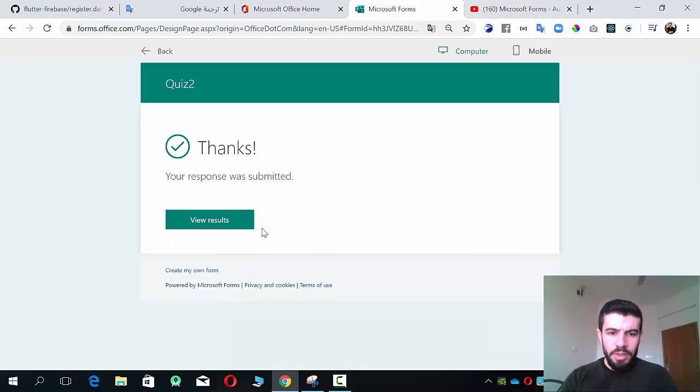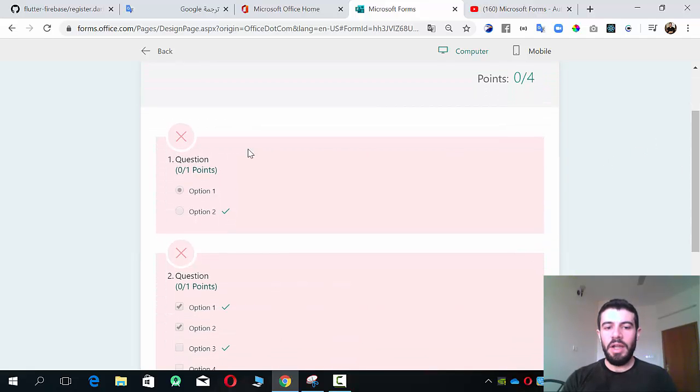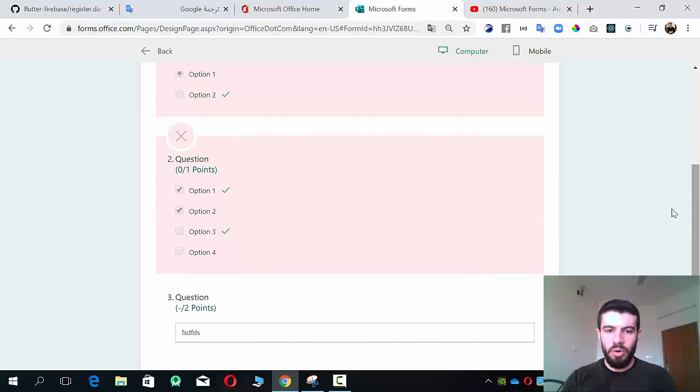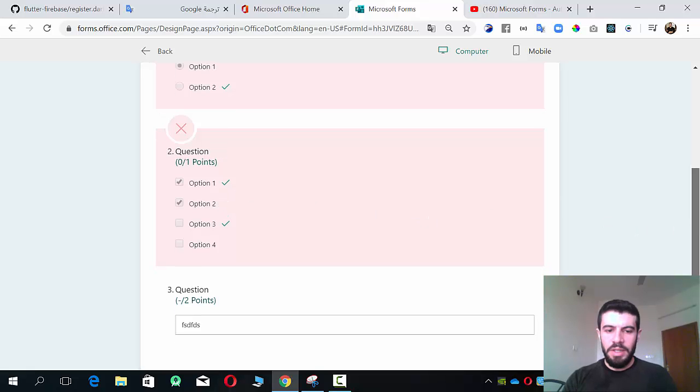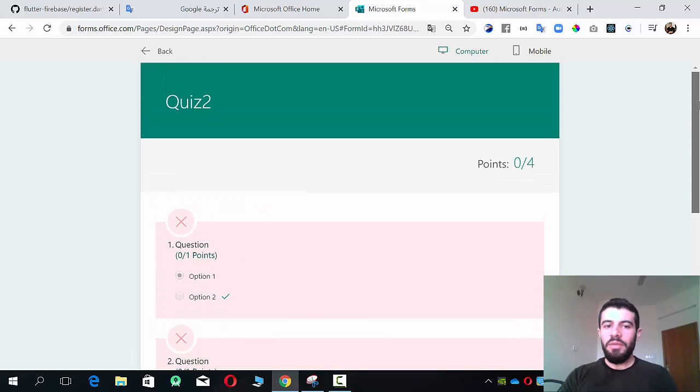After submit, view the result. I can see the result, my point. So view result here. It says this is not right because I say the correct one is this. Here, for example, the correct one is this, and my answer is not correct. And here, 0, because the lecturer or the teacher should correct this answer, because I cannot add a correct answer, it's just a text. This is the difference between the quiz and the form, and everything is the same